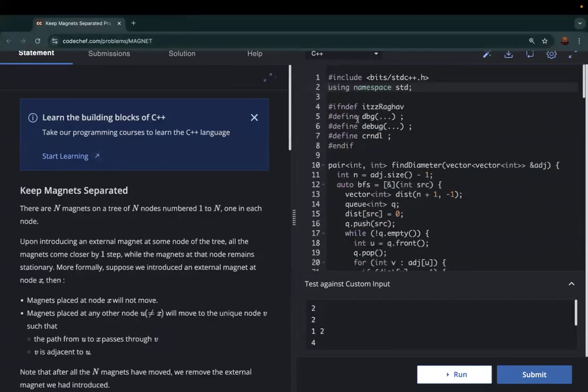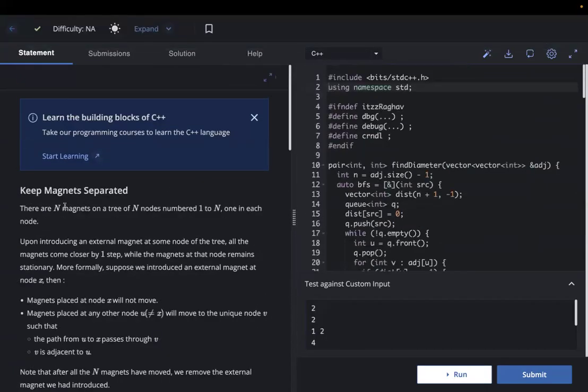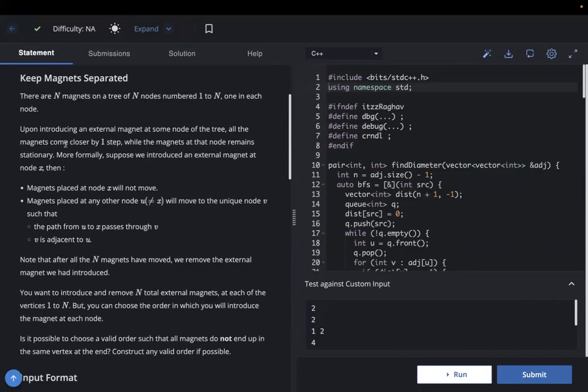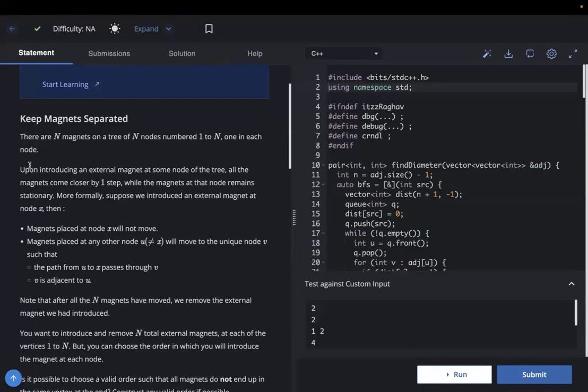So let's move on to the last problem of the contest. Actually, not the last problem. The second last problem of the contest. I could not solve the last problem, so this will be the last problem to be discussed. The problem says that